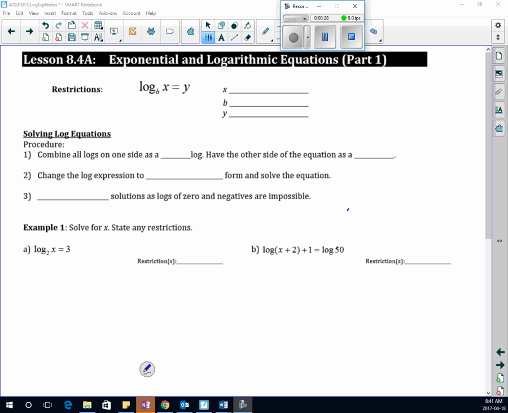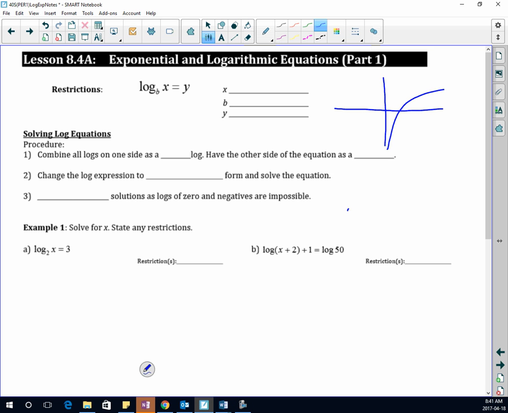So what are the restrictions of log of x base b equals y? And if you forgot what that looks like, it looks like a graph that looks like this, right? And this goes through, of course, (1, 0). And we have an asymptote going this way, yeah? So